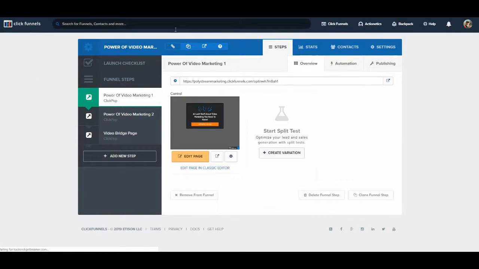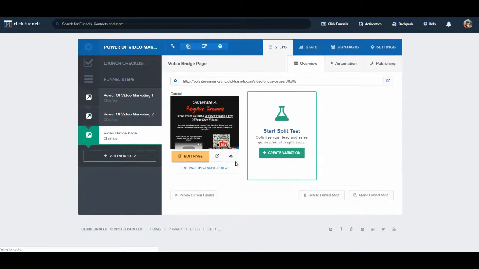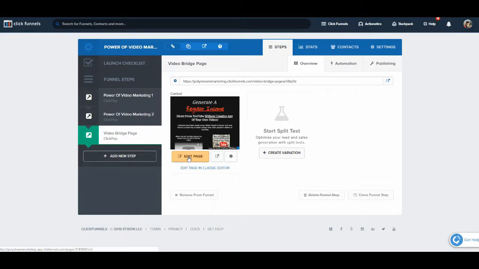So when you're working with Clickfunnels, what you see there was a page, and every group here is considered a funnel. And what's really cool about it is that you can actually order these and how they open up. So I've got some squeeze pages here, and then they will go to this bridge page that I built. A bridge page is a page you've heard me talk about that's between you and the offer, you and your business. So this is the page I built, and I actually had a template that I started out with,